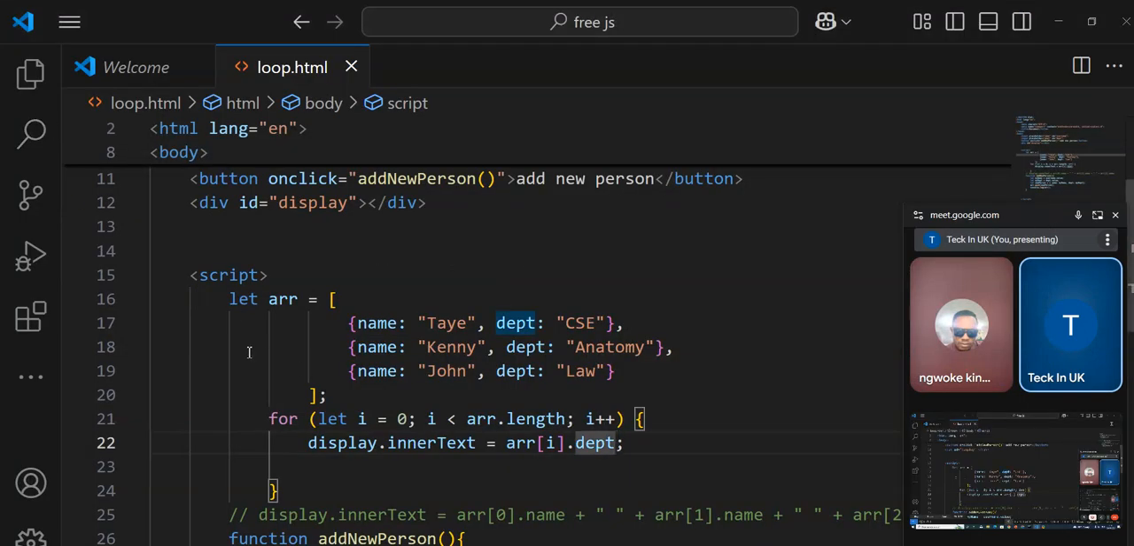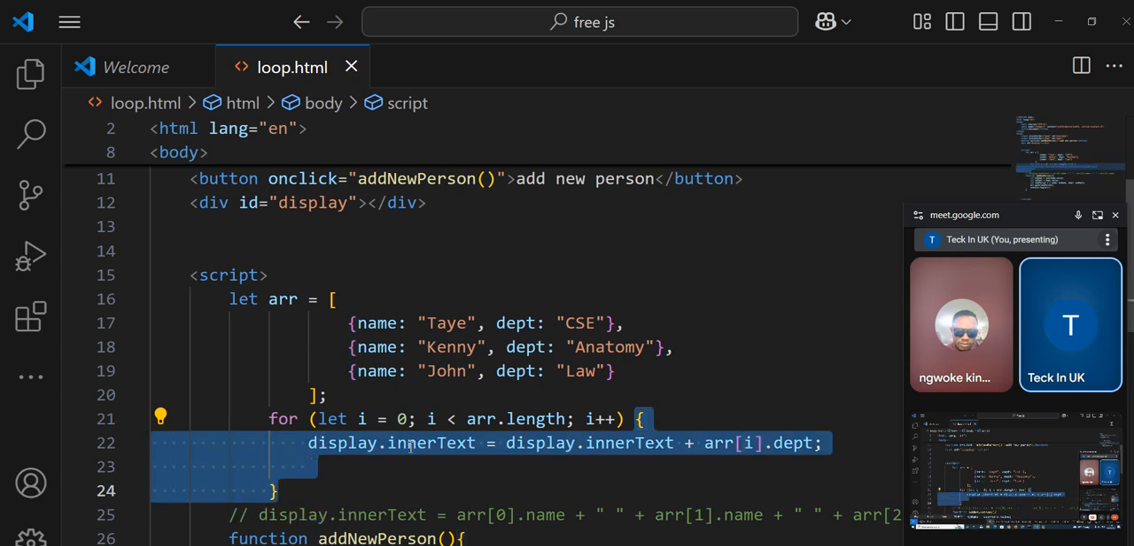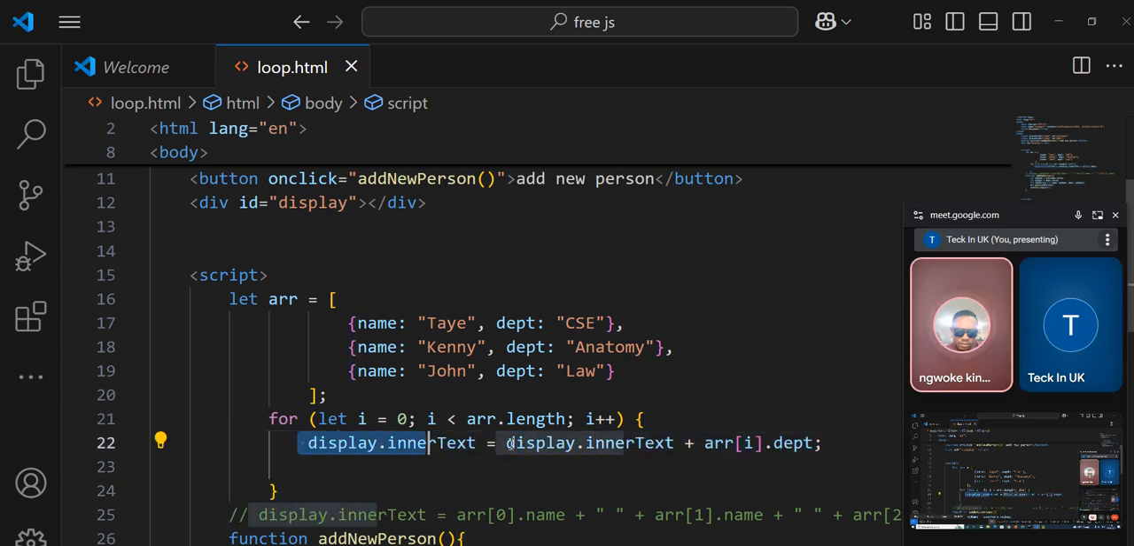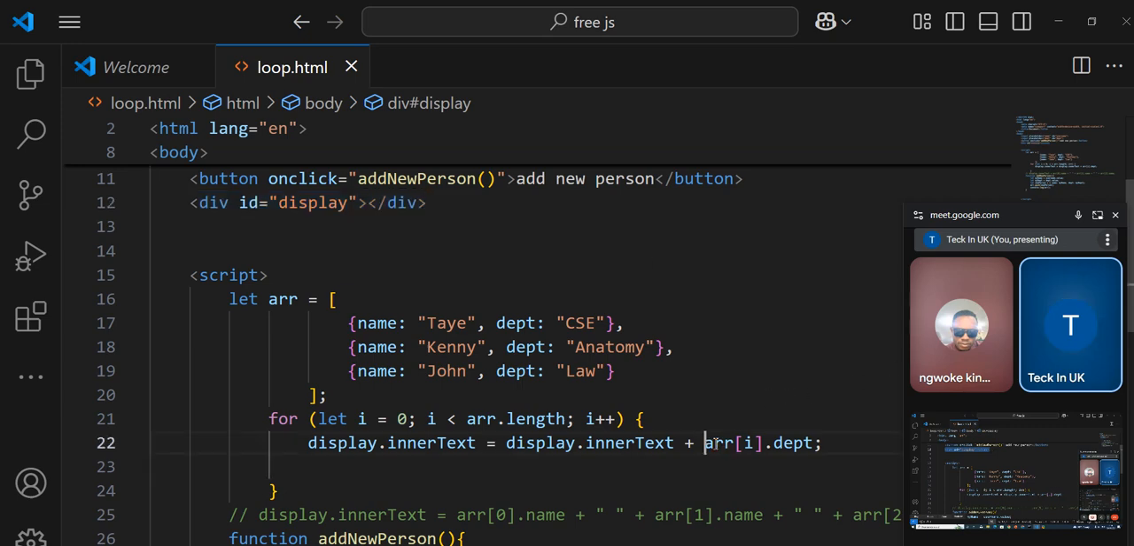Okay, let's proceed. So what we are going to do instead is this. Instead of overriding it, we will get whatever might be inside display.innerText and concatenate it with the new results. So let's look at this. When we run this, i is 0. Is 0 less than 3? Yes. It will enter this place. display.innerText equals the initial value of display.innerText, which is empty, plus we are concatenating it with